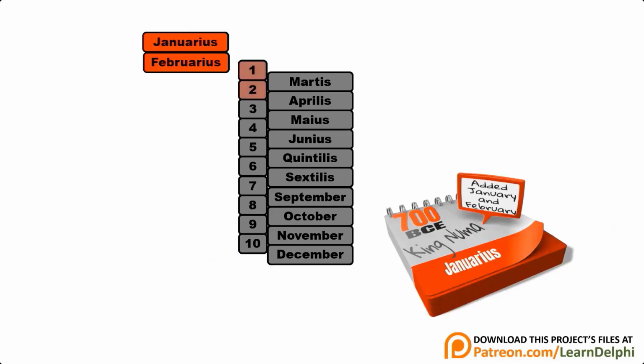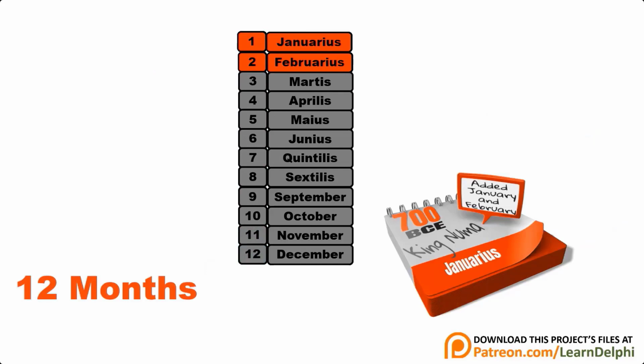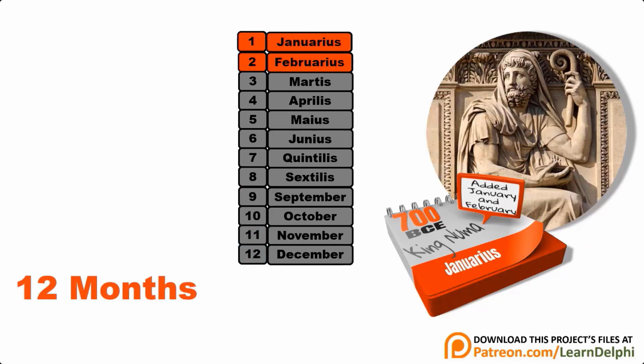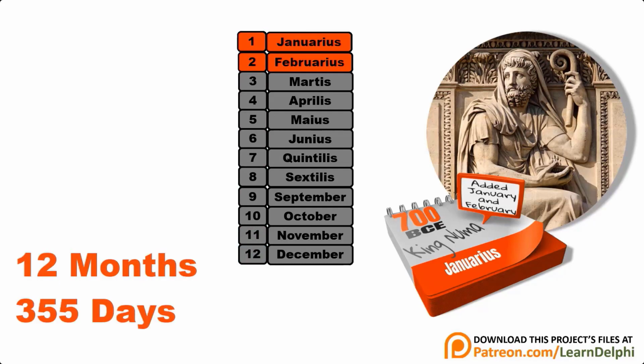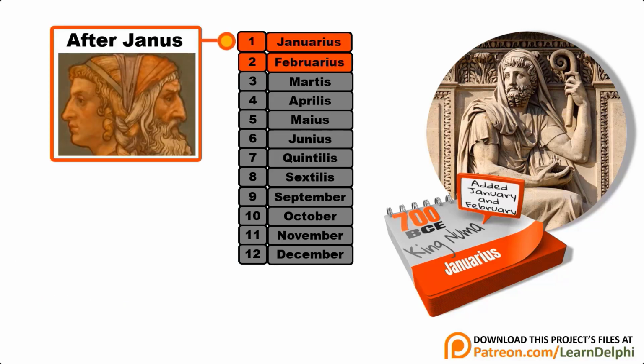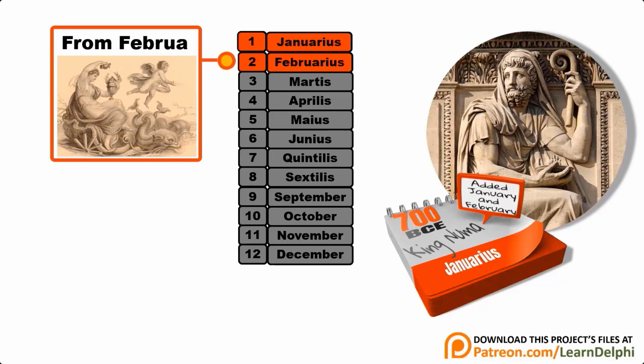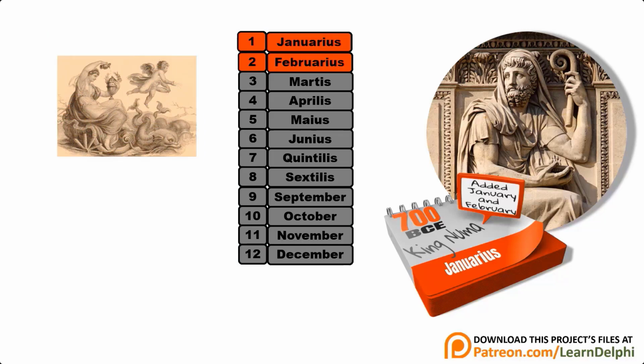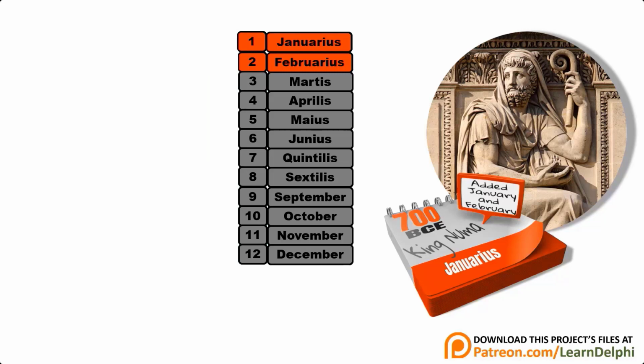So in around 700 BC, 2 extra months were added to the calendar by King Numa, and the total number of days were brought to 355. These new months were Januarius, after the two-faced god Janus, and Februarius, from Februa, which was a Roman purification festival. This new calendar still did not keep in step with the sun, causing problems for farmers. There were several attempts to put this right by adding extra months every few years, but they were largely unsuccessful